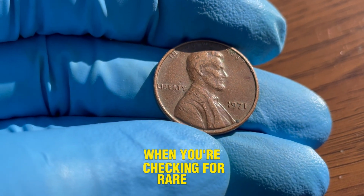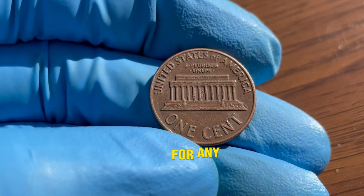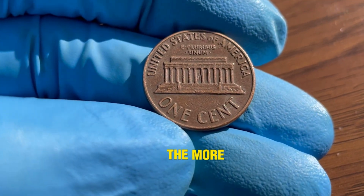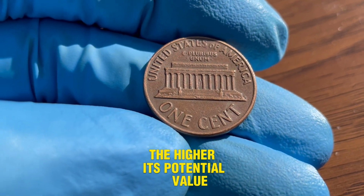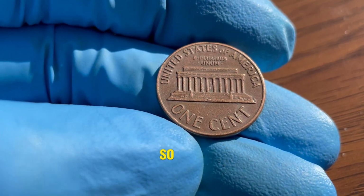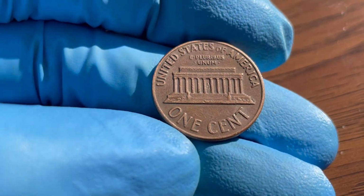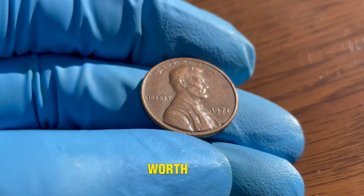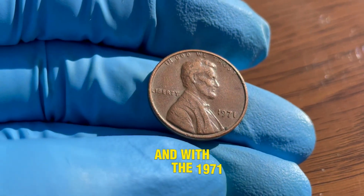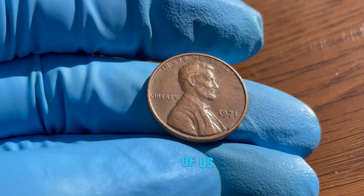When you're checking for rare pennies like this one, always inspect your coins closely for any signs of mint errors. The more unique and well-preserved the coin, the higher its potential value in the market. So, whether you're an avid collector or just starting your coin journey, remember, some of the most unlikely coins could be hiding treasures worth millions. And with the 1971 no mint mark Lincoln penny, you could be holding a piece of US history in the